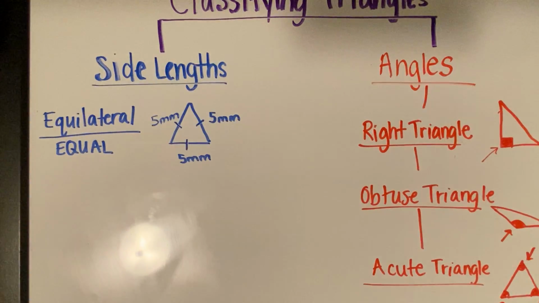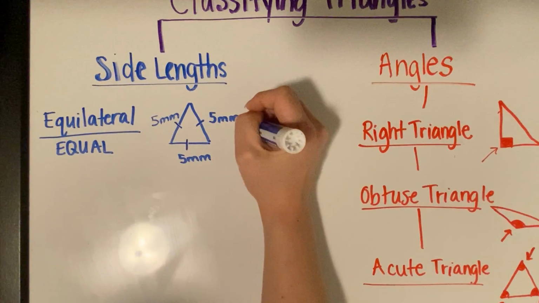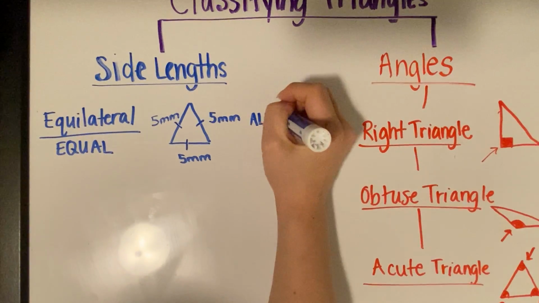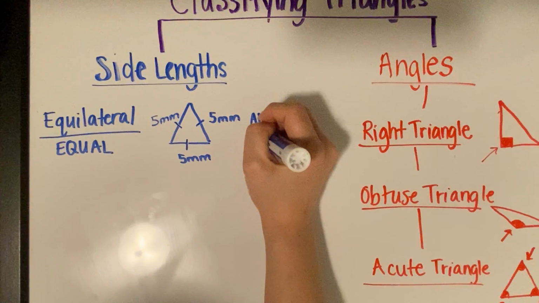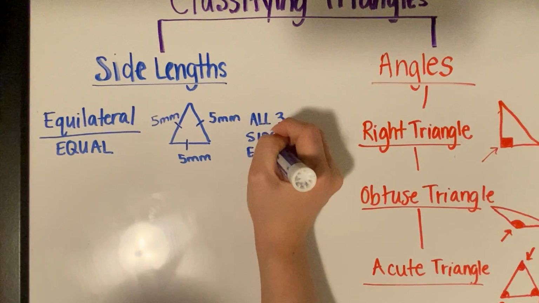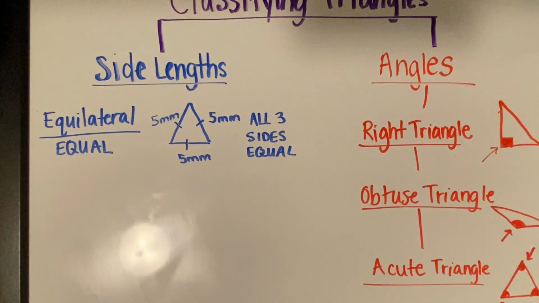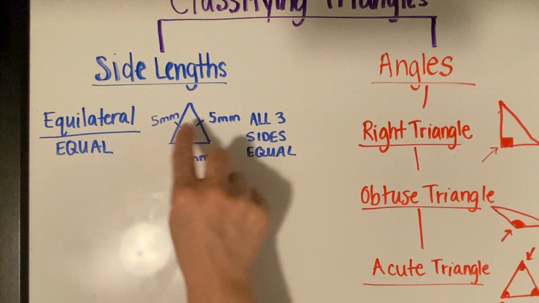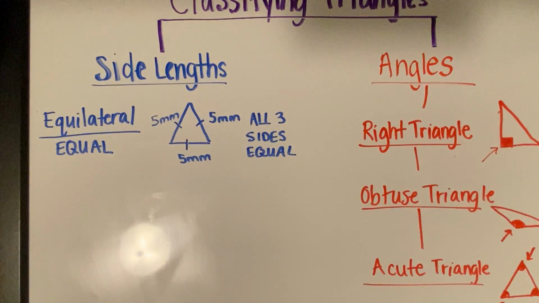I like to remember the word equal because all three sides, again, will be equal length. So I'm going to write that all three sides are going to be equal. Okay, so if you look at a measurement, if you measure each of these, they would all be the same length. The second type of triangle is